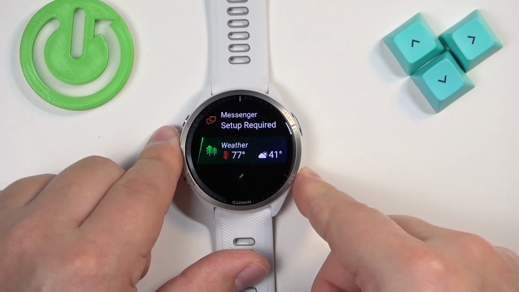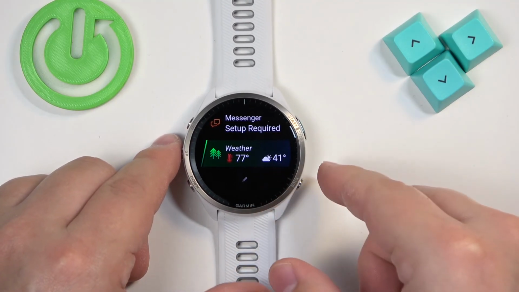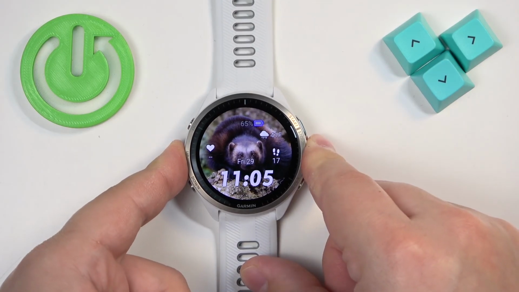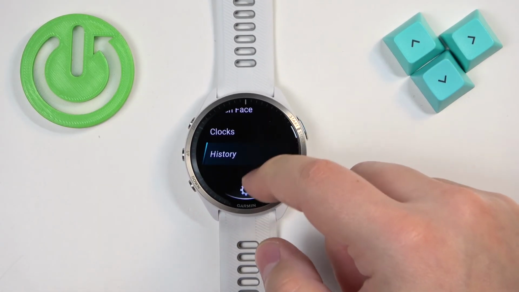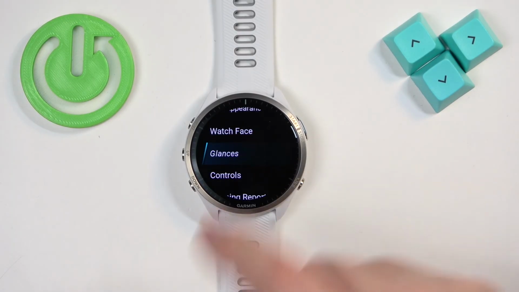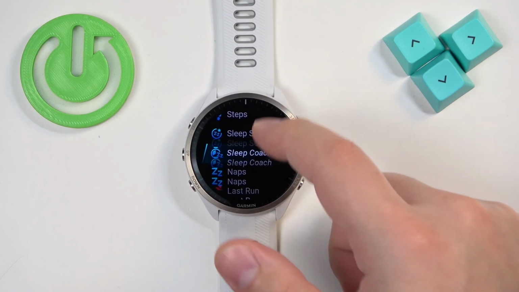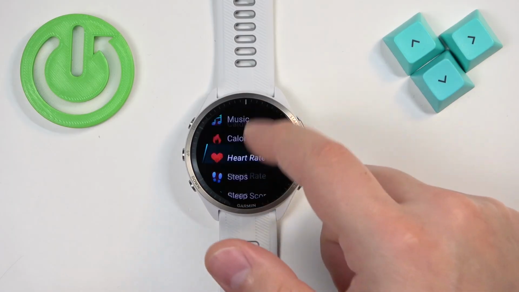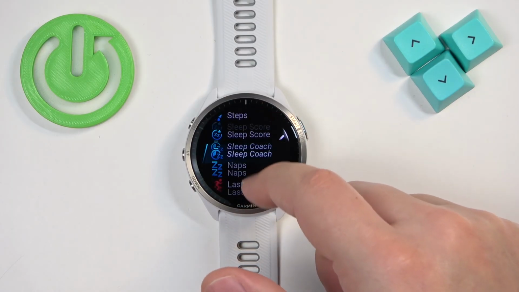Okay, we can also edit the glance menu through the settings. So if you press and hold the up button on the home screen, it will open the menu. We can scroll through it, select the option called appearance, and here we can select glances. And we have the list of glances, of course, and we can do the same things as we did before, but it's probably